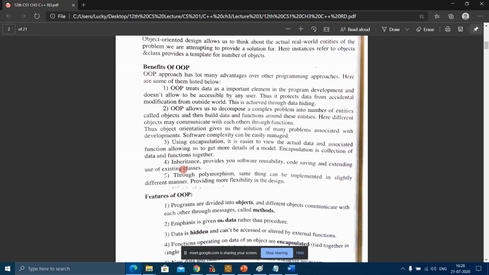I'm reusing it. Now fifth is polymorphism. This term you came across while doing C++ in 11th standard also. Polymorphism means something which can take multiple forms. We had learned function overloading. Function overloading means functions having the same name but different parameters. We will learn that in detail, of course. We did function overloading in 11th. If you want me to repeat, just tell me, I'll repeat it.